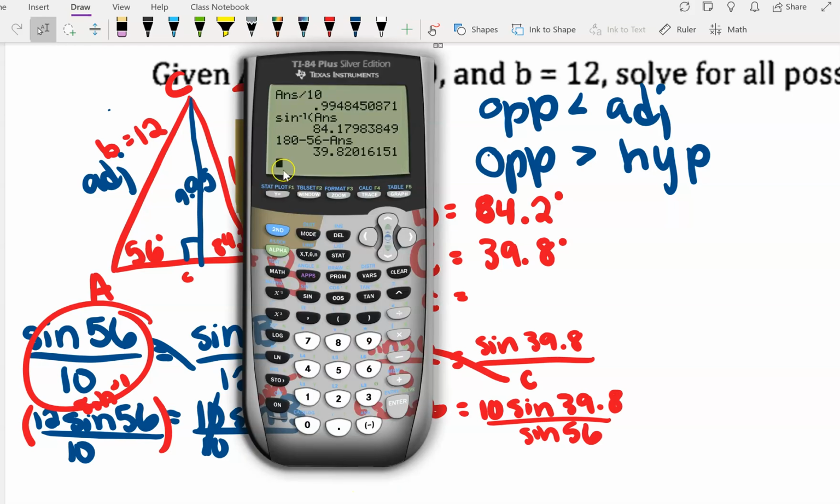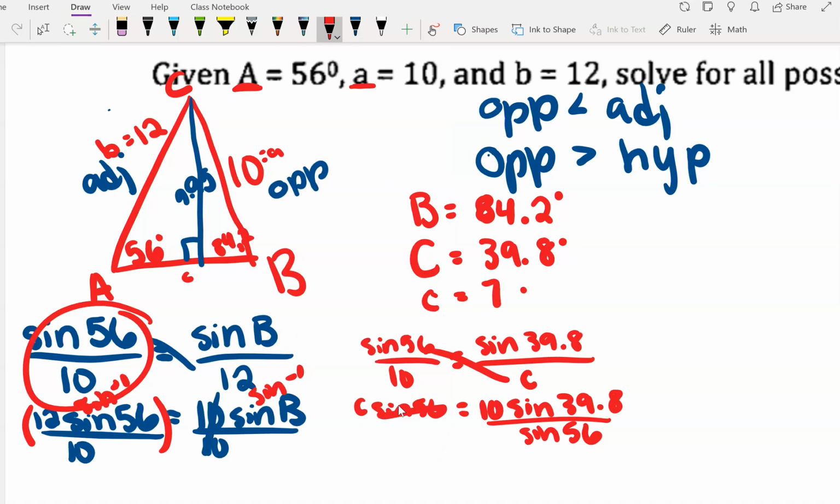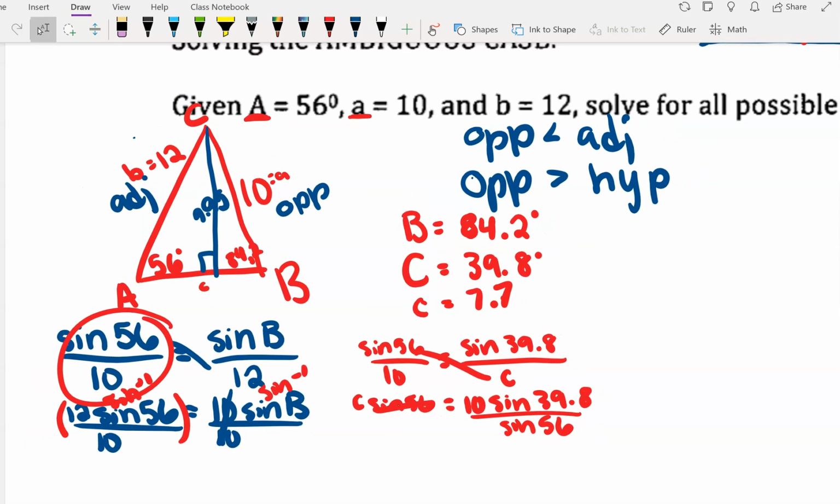Type all that into your calculator. So 10 sine 39.8. Divide that by sine 56. And we get that little c equals about 7.7. It's always good to just kind of double check and make sure your measurements make sense on that triangle, and they appear to. So all good. So that was one triangle, but remember we can have two triangles,